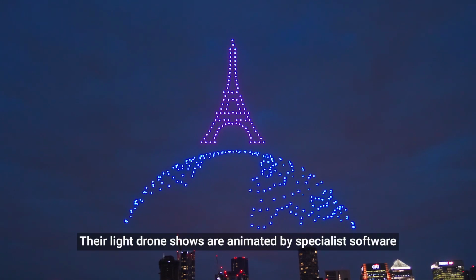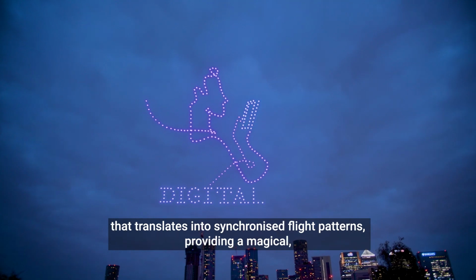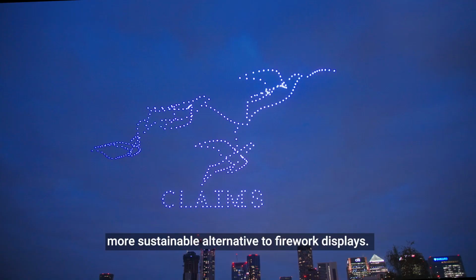Their light drone shows are animated by specialist software that translates into synchronised flight patterns, providing a magical, more sustainable